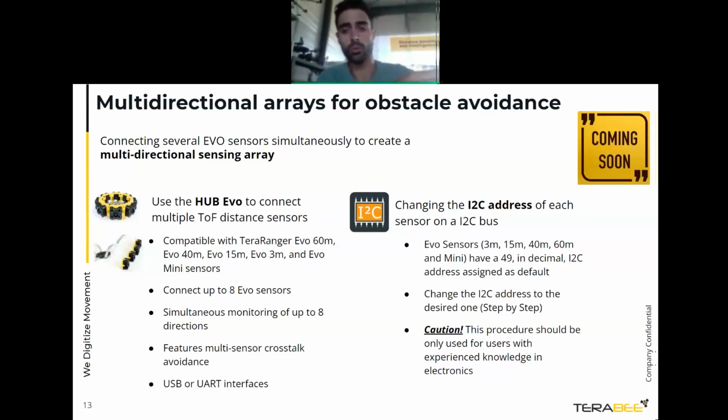There is another option, if you don't want to use the Evo Hub or Evo Tower: the single pixel sensors also work with I2C communication. They work with USB, UART and I2C, and the I2C protocol allows you to use more than 8 sensors if you need more than 8 sensors together. Because of this, we have defined step by step how to do this I2C setup. However, there are many